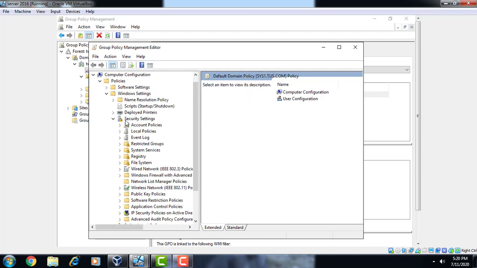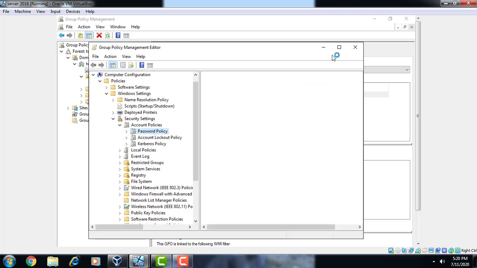In the security settings, you can click the account policies. Now you can see the first one is the password policy that we are doing. I click on the password policy.